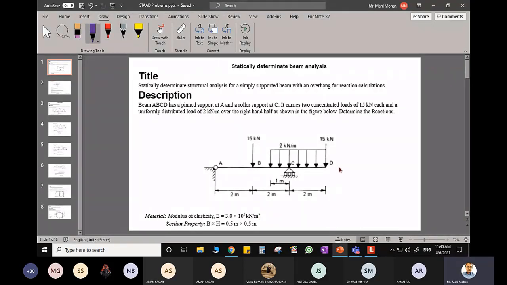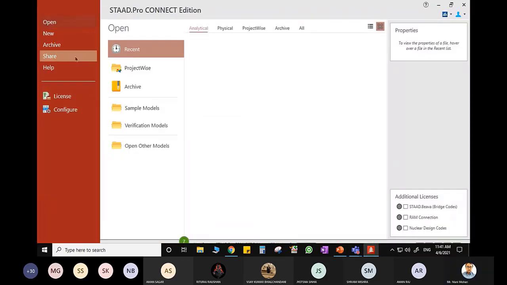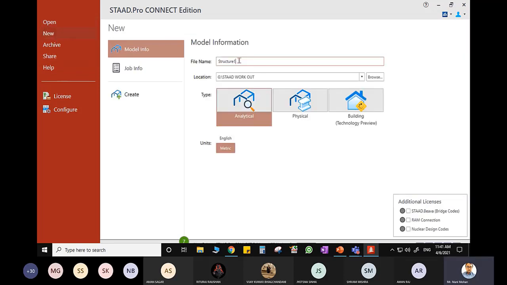So you can start geometric modeling of this particular problem. In order to create this model, you need three nodes: node A, node C, and node D. So let us do that. You can also start. You can start with new.